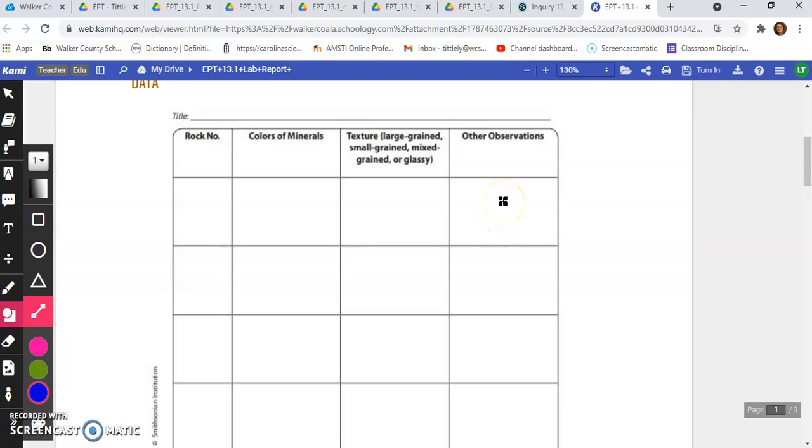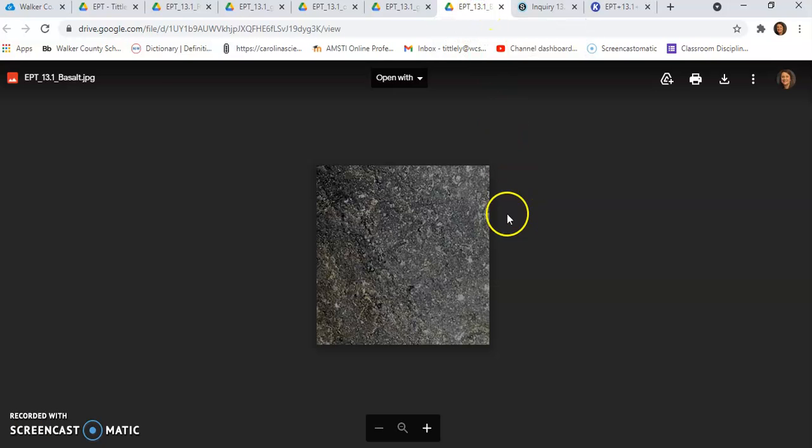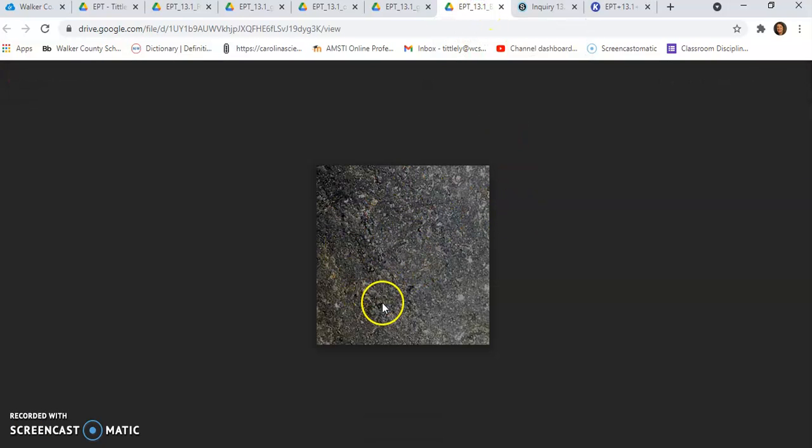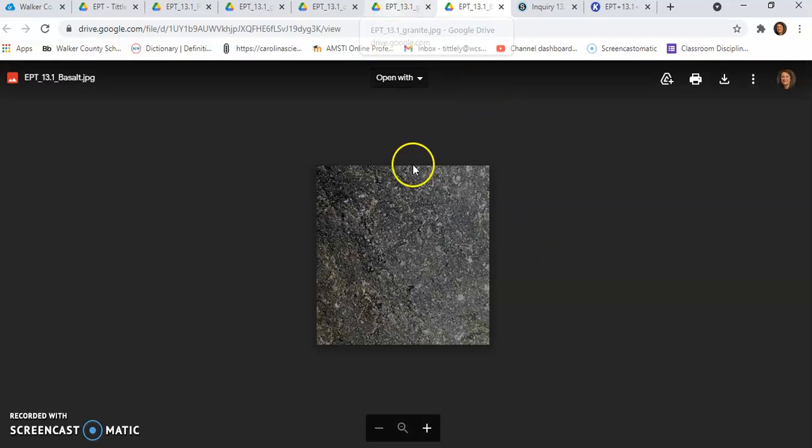Okay, so let's take a look at our different rocks. The first rock that we're going to look at is basalt. So take a look and notice its characteristics. Notice what its texture looks like. Imagine if you run your finger across that, it would feel kind of grainy or bumpy. Notice the color. Notice the size of the grains. Okay, and that was basalt, rock number 1. Okay, rock number 2